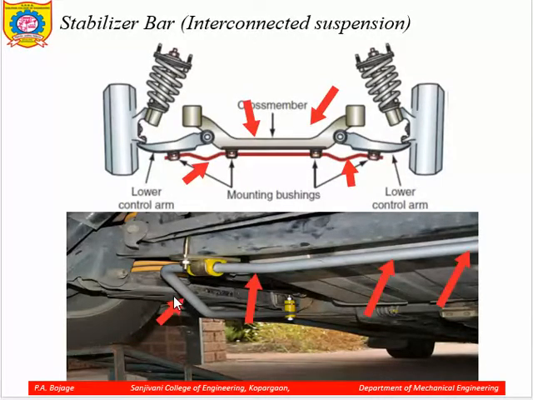So at the cornering positions, when the vehicle is at a higher speed, it will tend to roll because of the centrifugal forces, but this stabilizer bar is attached to the frame at both the ends, and it will overcome that torque, or what we can say the rolling movement, because of the centrifugal force. That movement is getting counteracted by this stabilizer bar.